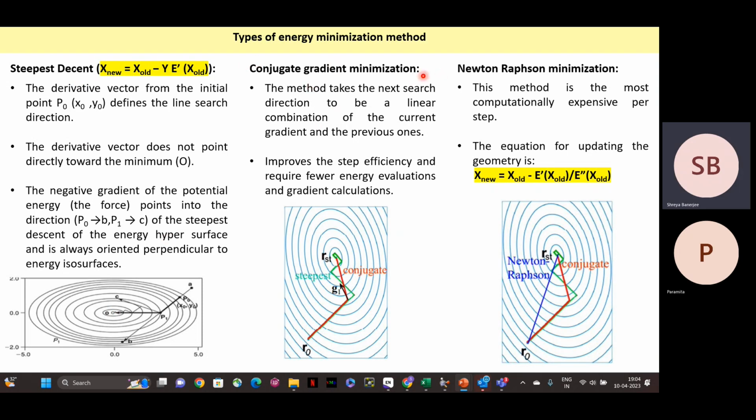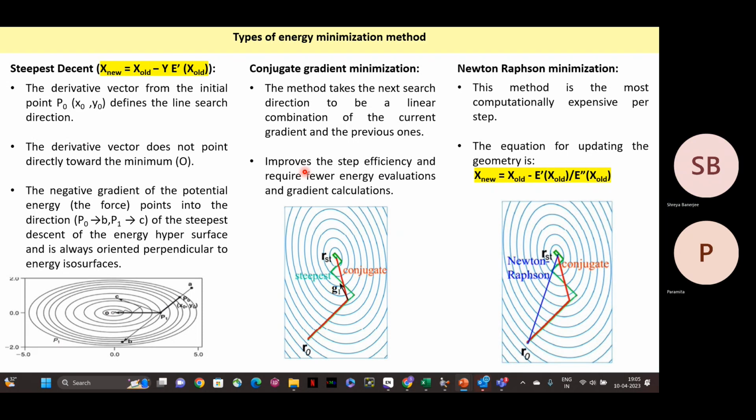The conjugate gradient minimization is similar, but it takes lower time. So if you look at this diagram, you are moving from R0 to the middle of the circle RST. The green line is the line followed using the steepest descent method. But the red line is the line followed using the conjugate gradient minimization. So it uses a similar principle, but it improves the step efficiency because fewer energy calculations and simulations are required to reach the minimum energy conformation. The disadvantage of these two methods is that they are based on the first derivative,